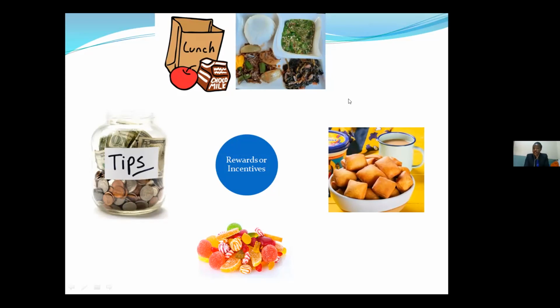Rewards, these are the things that a teacher can give to a student so as to recognize the achievement that the student has done. So far I've given my students various rewards. As you can see in the picture, these are some things to explain the rewards that I've given to my students. Some of them have gotten money, some of them have gotten sweets, others have gotten breakfast, others have gotten lunch. It only depends on what we were doing in the class.